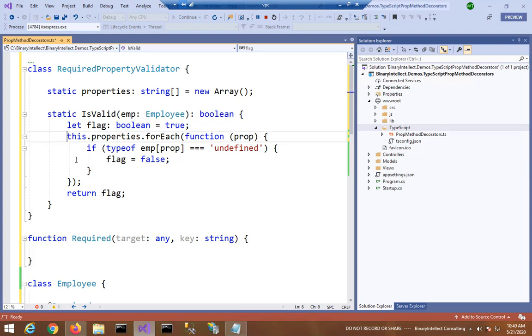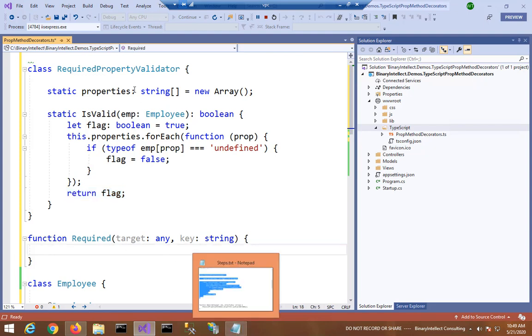Inside, the code loops through all the registered properties, and with every iteration it checks whether the property is undefined or not, and accordingly the flag value is set, and finally the flag is returned to the calling code. So this is the helper class we need, which stores all the properties to be validated.